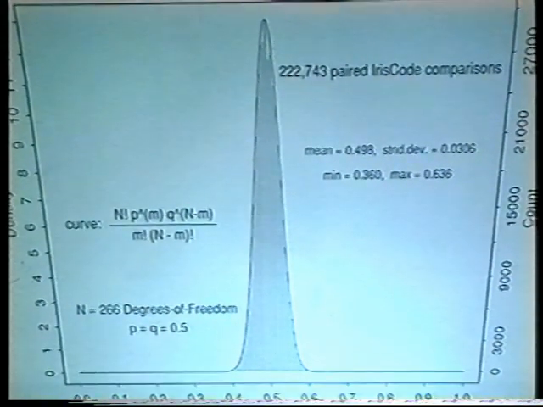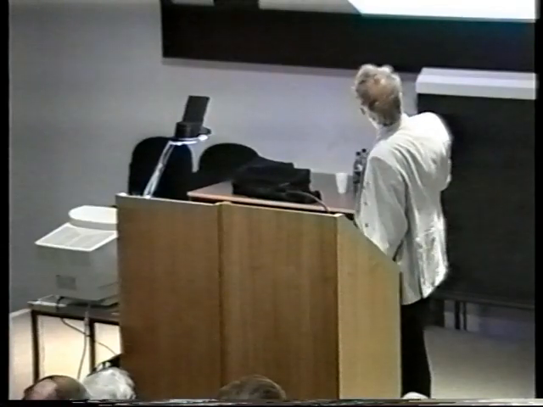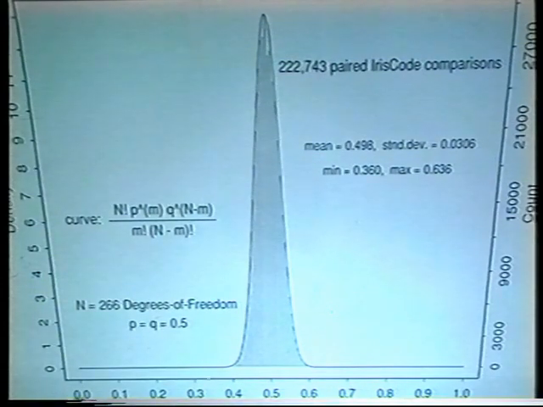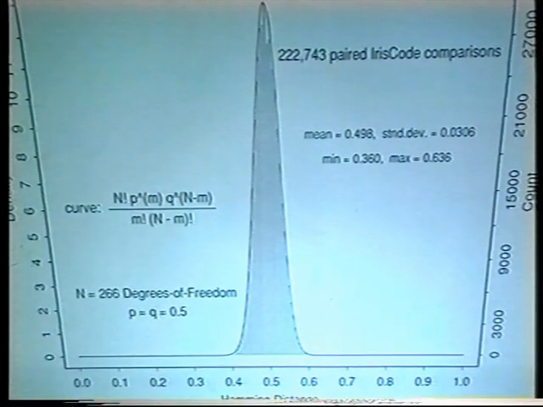More importantly, besides just telling us that we have a well-described distribution, it tells us how many degrees of freedom there are, how many independent dimensions of variation there are in different iris codes. And as you can see, when you compare two different irises, it's almost impossible to end up with a Hamming distance down in this region, which means 30% of the bits by chance disagreed and 70% agreed. You're almost certain to get much closer to 50-50 as you would with coin tossing. So this is why simply asking how likely it is that you would get an agreement greater than a certain amount, and comparing that to the binomial distribution, tells us how to make decisions about a person's identity on the basis of iris patterns.